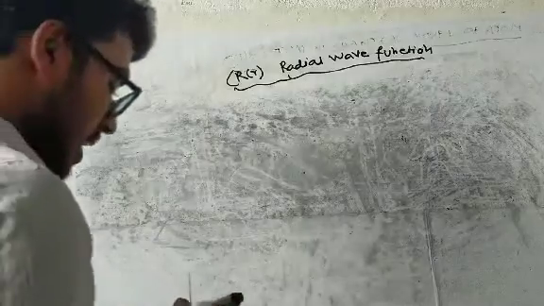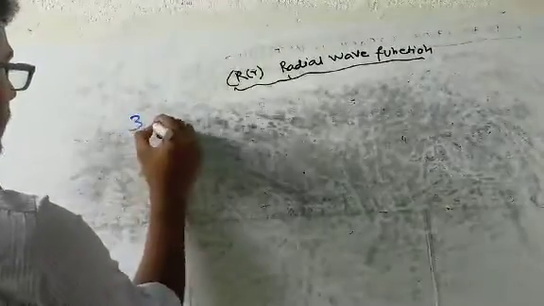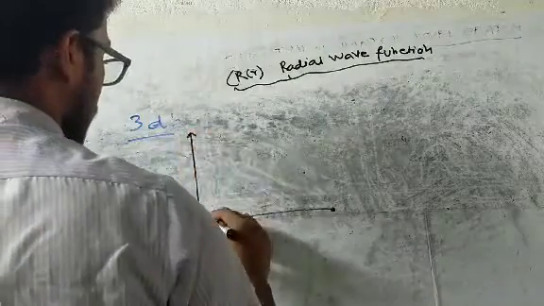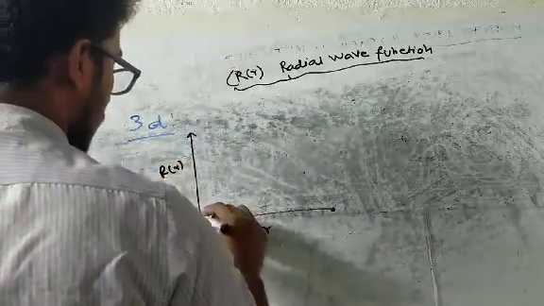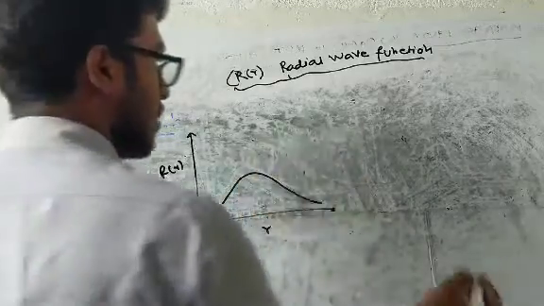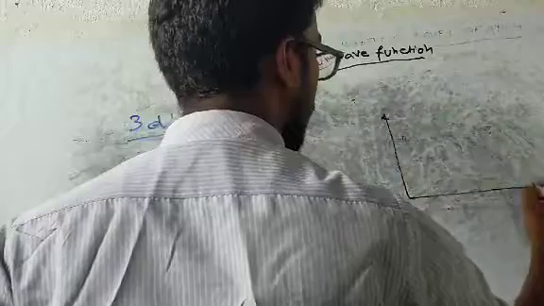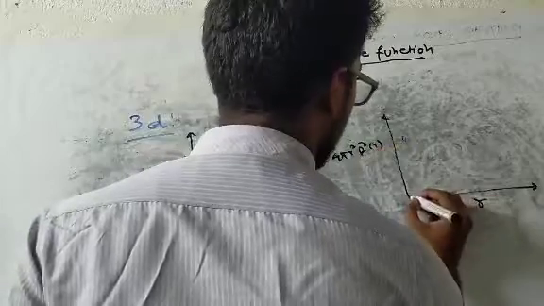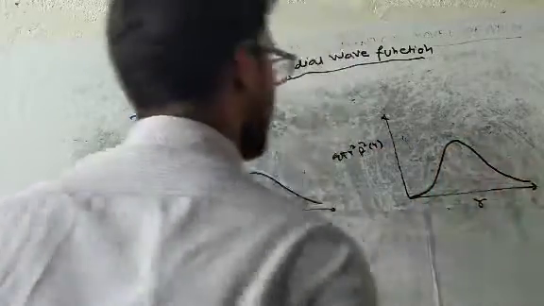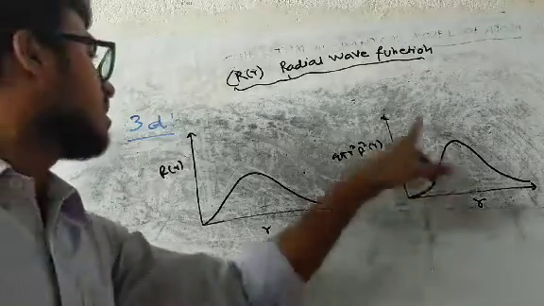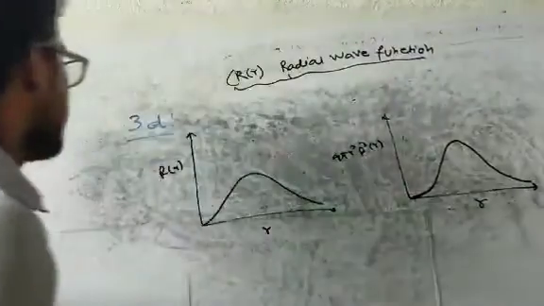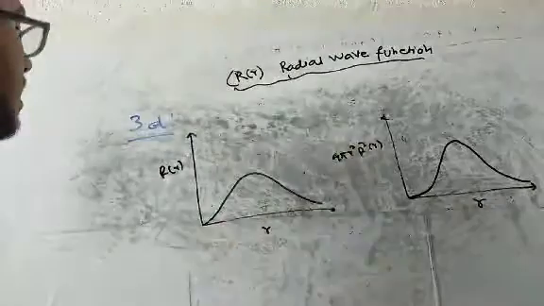Okay, now let's say for the 3d orbital. For the 3d orbital there is no node, so R of r will start from here and go like that. If I take the square part, 4 pi r square R of r versus r, it will be a little bit steeper than this and will never touch the r axis, because here the number of nodes equals 0. So these are the graphs of radial distribution functions.